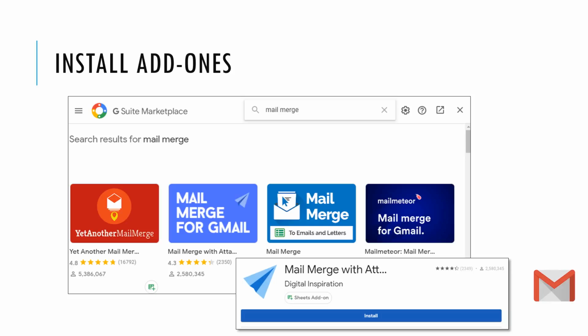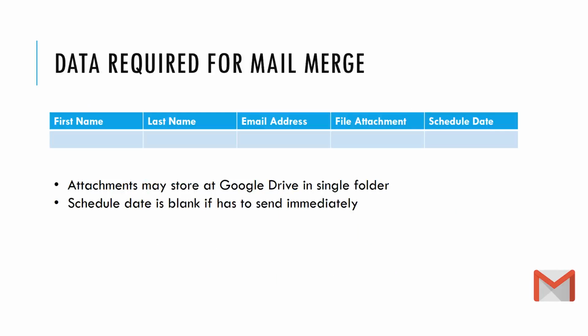During installation it will ask you some questions. Obviously the permission to access your contacts and Google Drive is very important. Here we can see the minimum data required to use mail merge. The very first and second are the first name and last name of the person, and the very essential one, the email address, and a file attachment which will be used as an attachment for the mail with the different email IDs, and a schedule date.